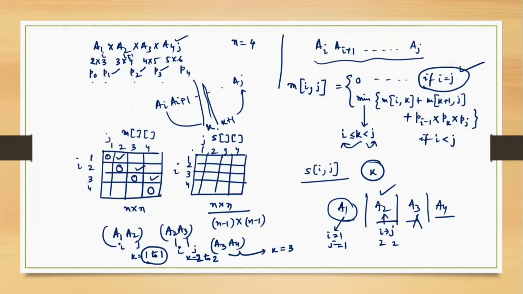So whatever value comes in here, the corresponding K value needs to be stored in the same cell number of S table. So actually, S of 1, 2 will receive 1, S of 2, 3 will receive 2, and S of 3, 4 will receive 3. That is the appropriate K value for which you are getting the multiplication value here. That is the cost of multiplication here. So similarly,